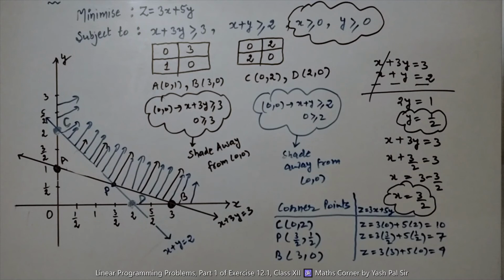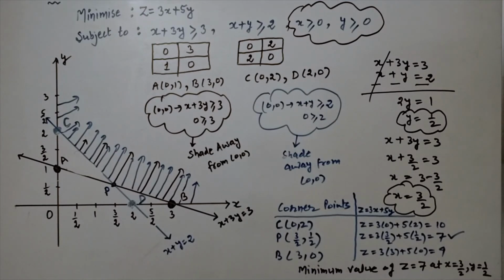So what was the question? Minimize Z. So minimum value is 7. So the result is: minimum value of Z is equal to 7, which is obtained at x is equal to 3 by 2 and y is equal to 1 by 2. So this is